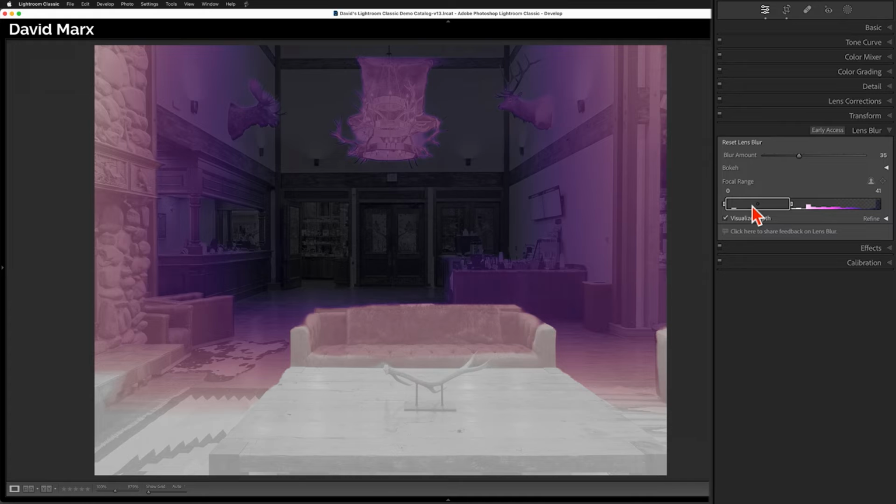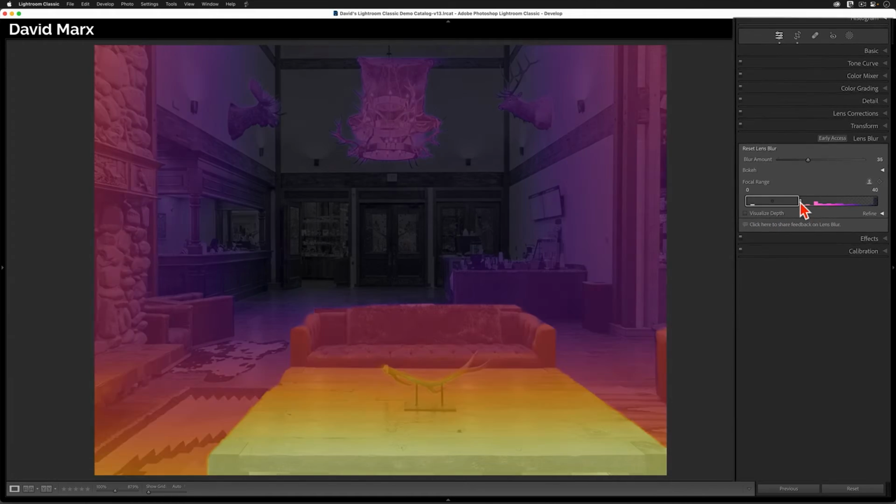While you have the Alt key held down, the areas in white are the parts of the image where no blur is being introduced, and the colored areas indicate the parts where some lens blur is happening. I find this view helpful when I want to make small refinements to the focal range for even more precision.